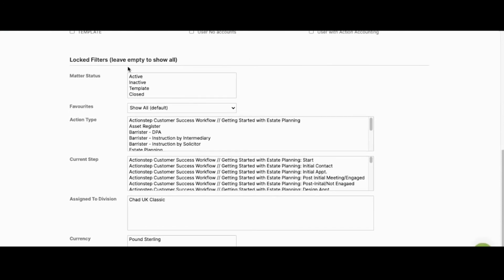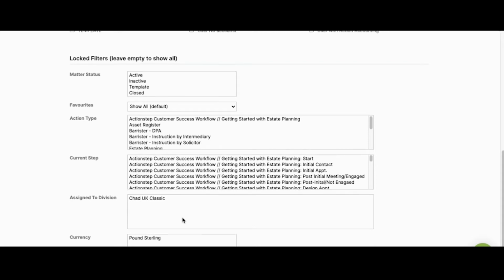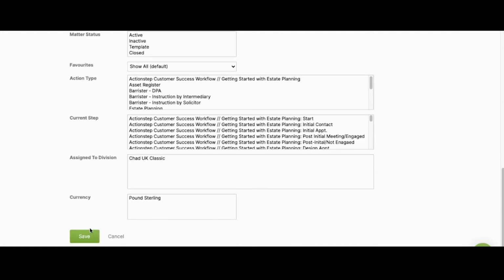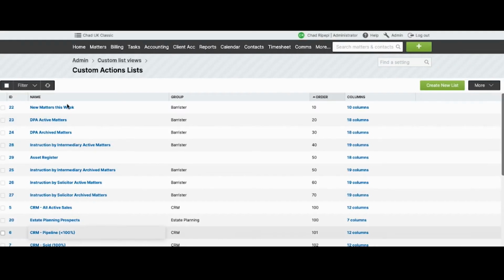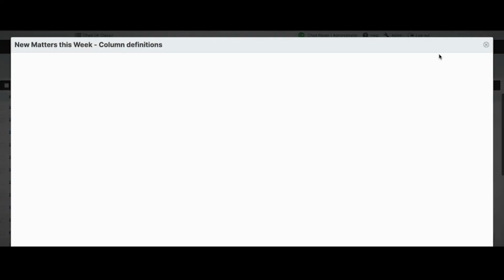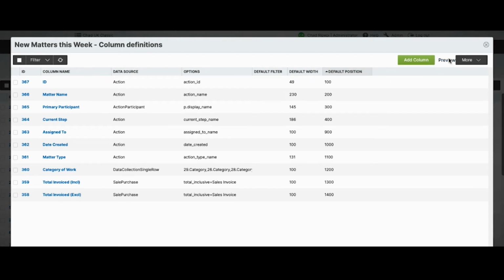And in the locked filters, I had left everything open. This means that all matters will be captured within this list view, any matter on any step, as well as the currency and also the division. So we'll just go ahead and click save on that. Now, within this matters list, if I click on preview to the top right,